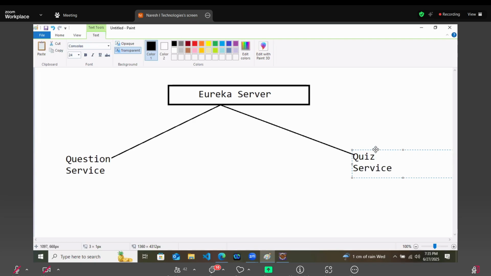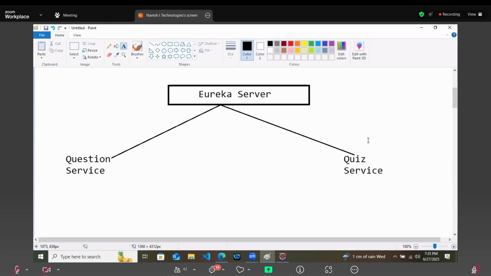Quiz service means here we will provide a front end to the user. User will select the options. After that, we will give the answers that your score is 10 out of 10, your score is 9 out of 10, like that. And it depends on number of questions. And front end already you can build using React or anything. But the problem here is this quiz service don't have any question with it.